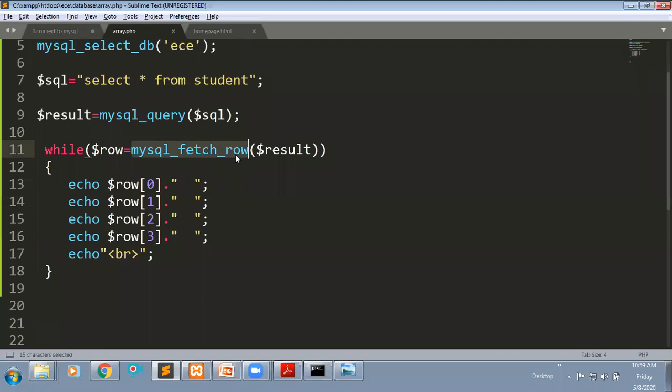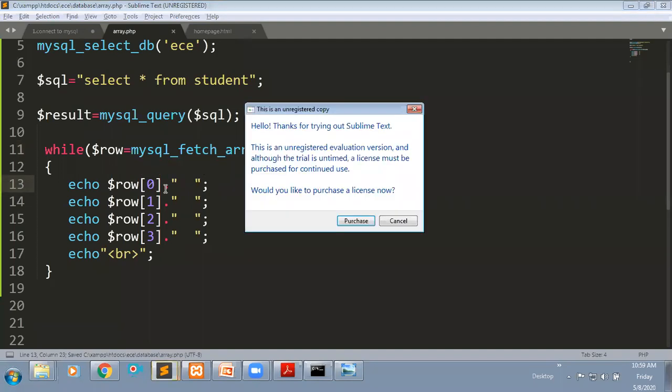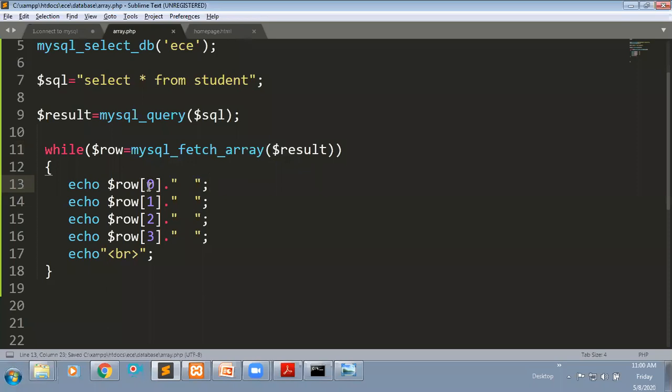One more function is there, which is array. You can take anything, either the index value or the column name. If I save this file and refresh this page, it will give the same result.